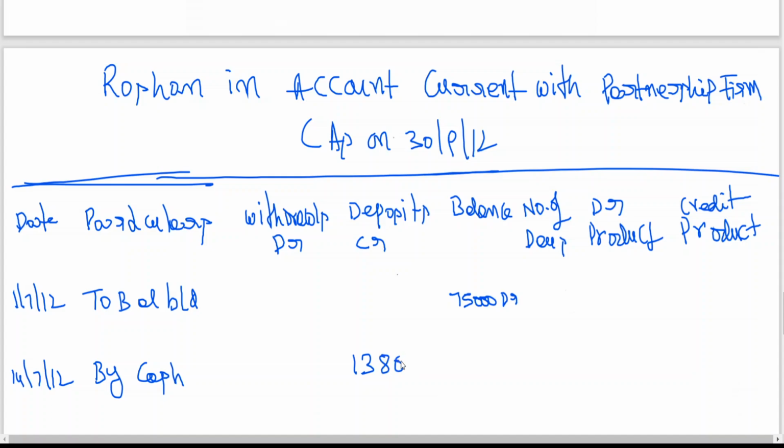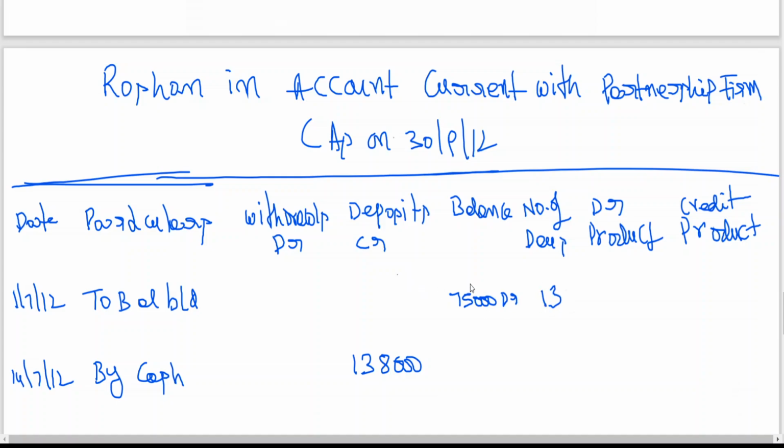Now, before I explain this, this debit balance was there from 1st July to 14th July. Try to understand, 75,000. This is a running form of balance. Even banks calculate like that. You don't have that kind of time to verify, but actually this is how they do it. This amount is there from 1st July to 14th July. That means how many days is it there? 14 July minus 1st July, 13 days of debit balance.